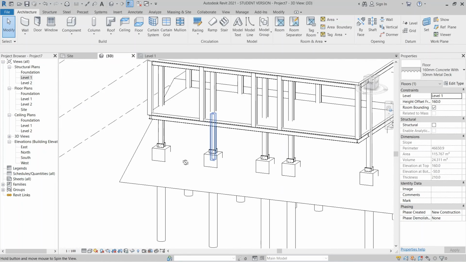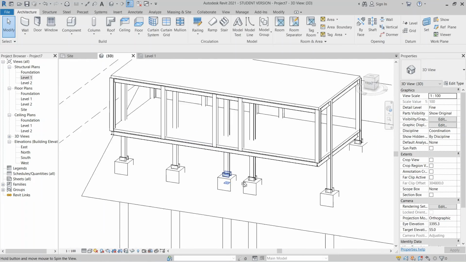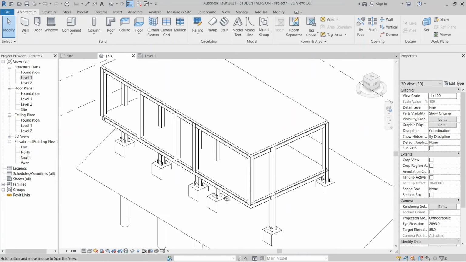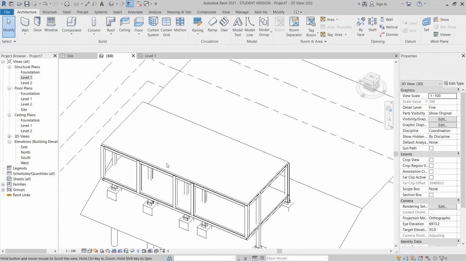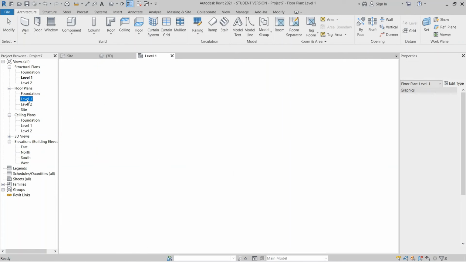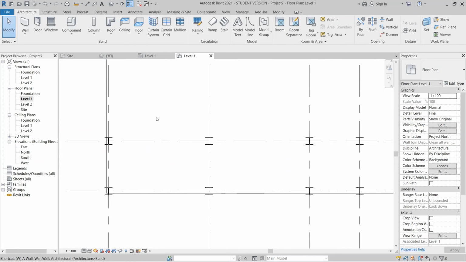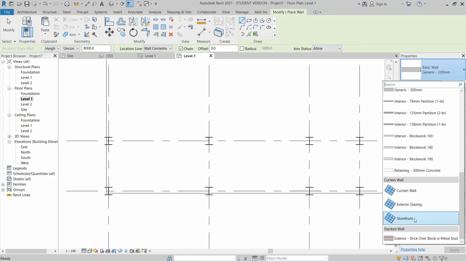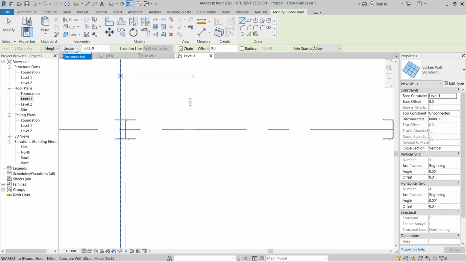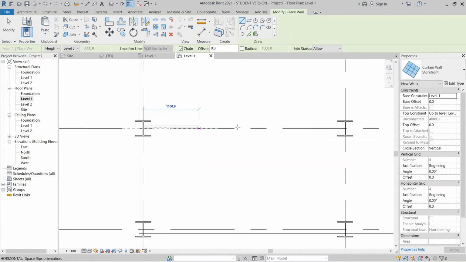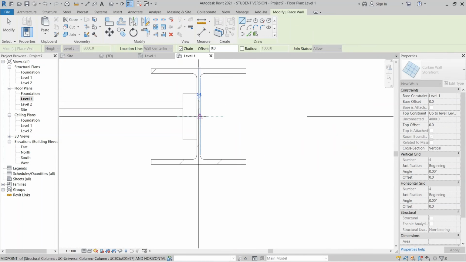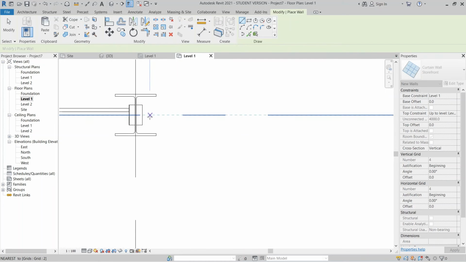Okay, it's perfect. I think let's add some glass to make it more interesting. I want to add some glass and railing there before we finish, and also I want to add some trees from behind there. I'm going to my level 1 here, for level 1 floor plan. Then I want to add some glass, WA on my keyboard for wall command, and I change this one to storefront, and this one change to level 2. Just start from here until here, and from here hit escape first.